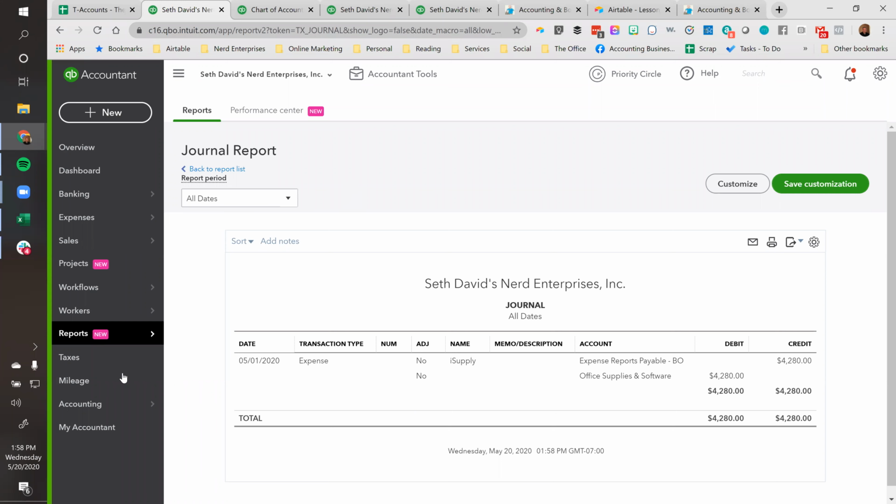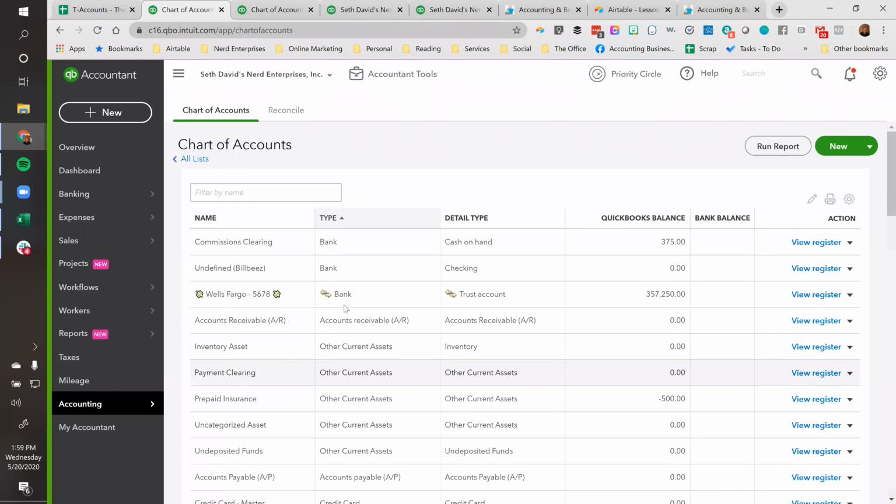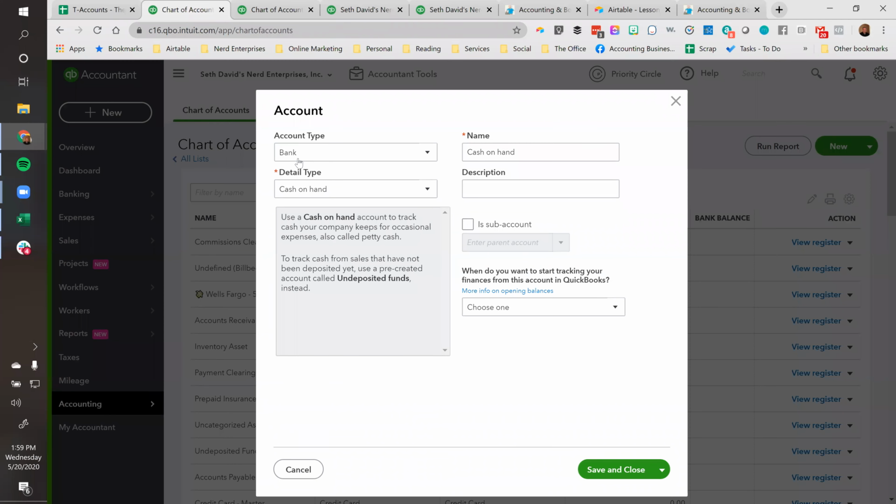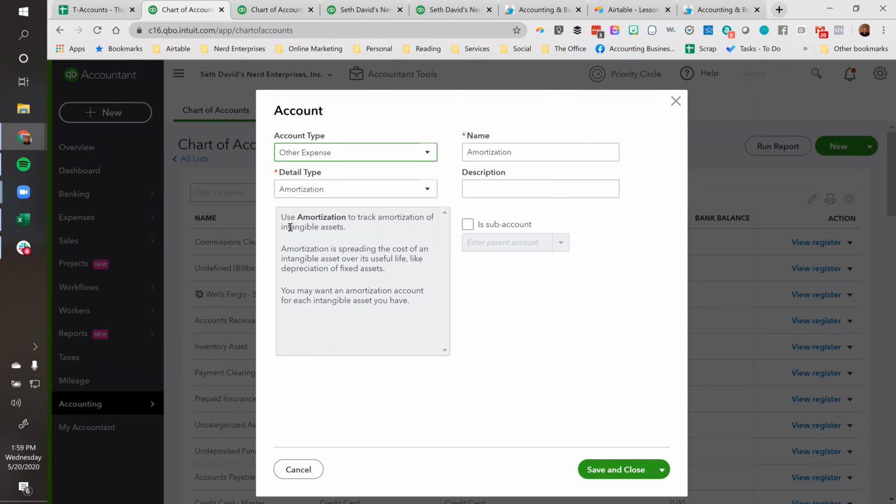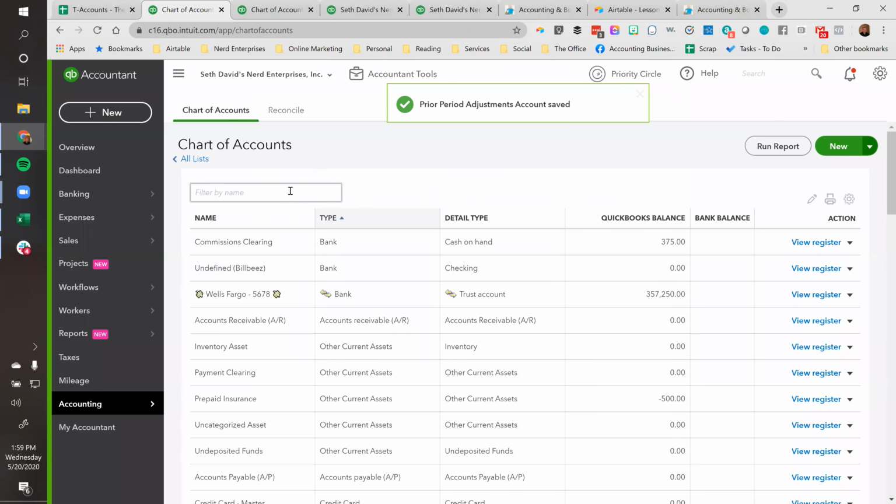So one thing I have been doing a lot, and my CPA friends seem to love this, is we create a new account, and it's going to be an other expense, and we call it prior period adjustments. And what this does is it pushes that amount that's based on prior period activity to the very bottom of the P&L, below the operating profits. And so what this allows us to do is still analyze what the normal operating profits of